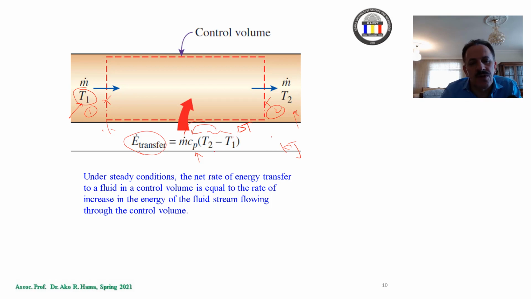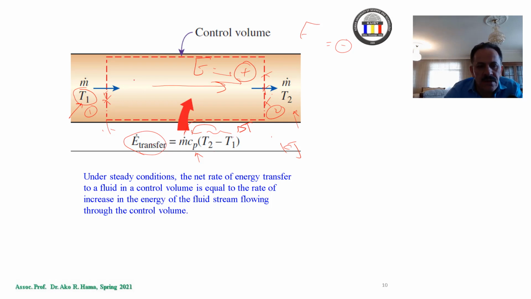So if T2 was less than T1, it means the energy has been transferred lowering, and if we have positive, it means that we have an increase in the temperature. So for the direction of the flow, if the value was positive, it means that the temperature here is greater than the temperature at that one. If it was negative, it means the temperature at this point will be less than this one.